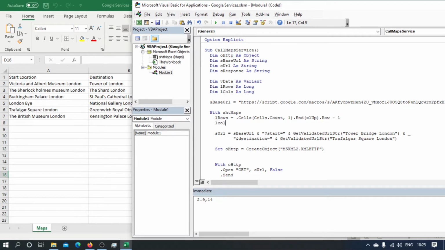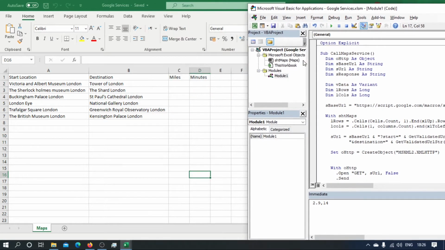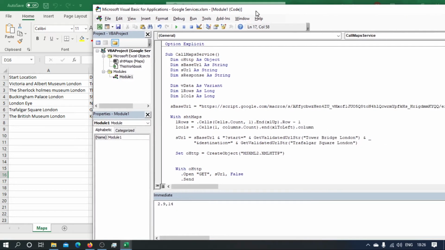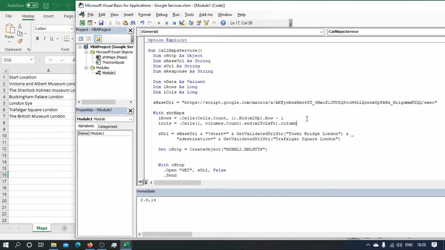Number of columns is going to be dot cells first row columns dot count and Excel to left, and we will get the column of that cell, and that's it. We don't need to take away 1 because we need that to be the maximum column. In this case we have 4. Right, so